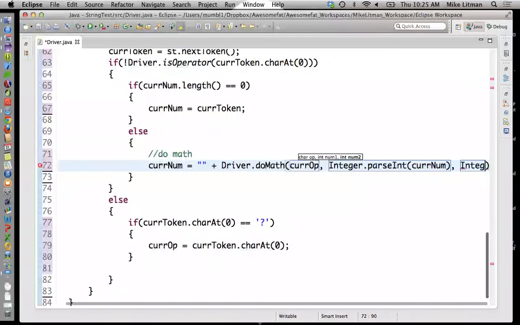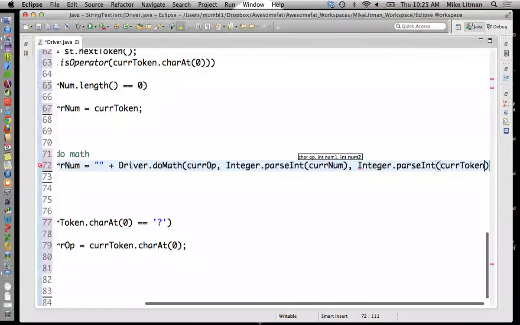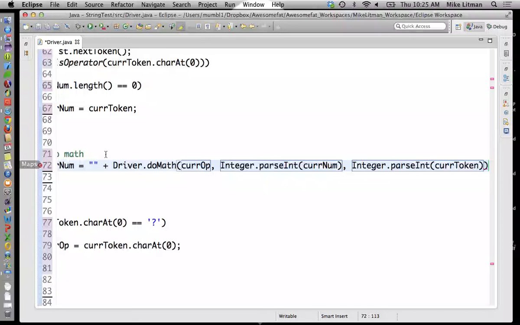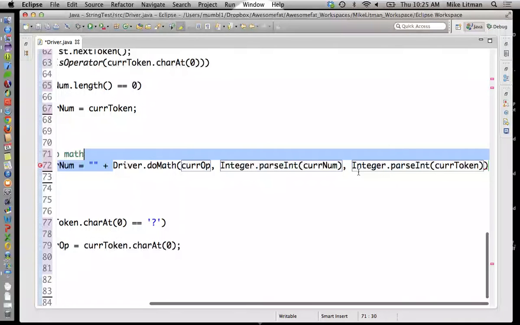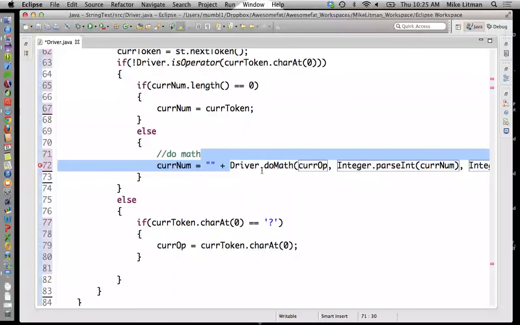Num2 is Integer.parseInt(curToken). Okay, so I'll do the math with the current op, the current num, and the current token, getting a number, the result of that math. And what I'll do is I'll overwrite curNum with the string version of that result by just concatenating that result